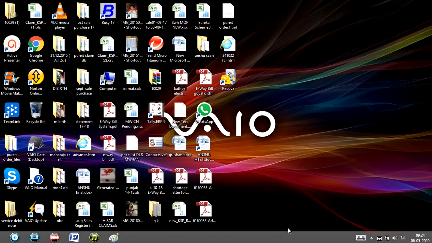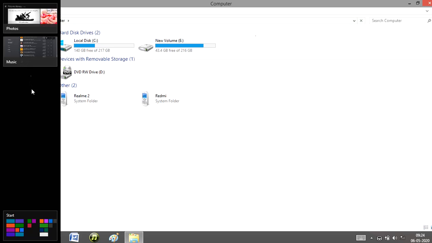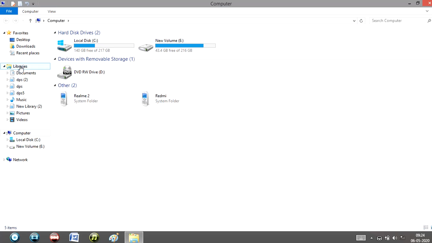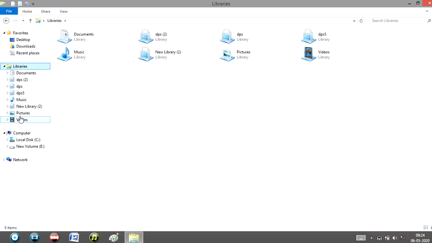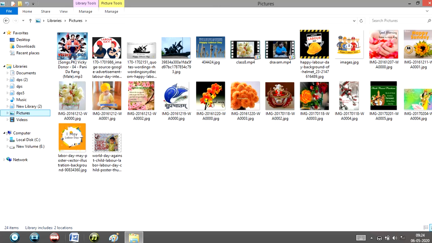I am opening my desktop because in my laptop Windows 8 is there. I have clicked here on my computer icon. See, in libraries there is a pictures folder. Now all pictures are available here.